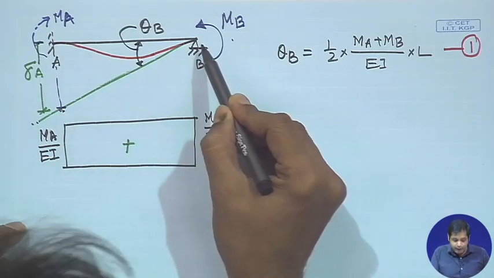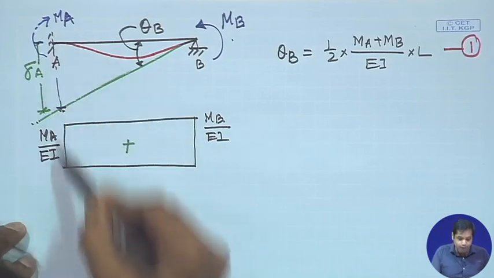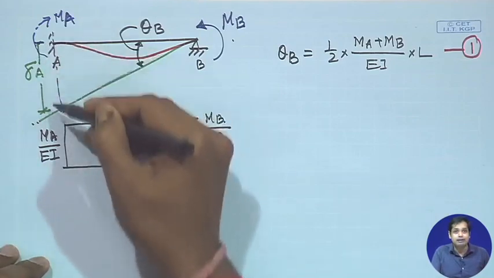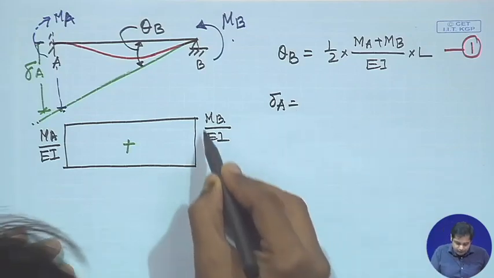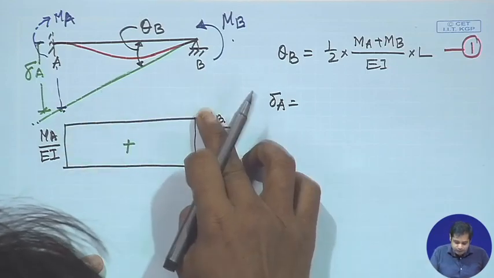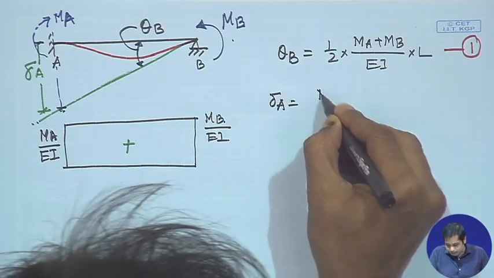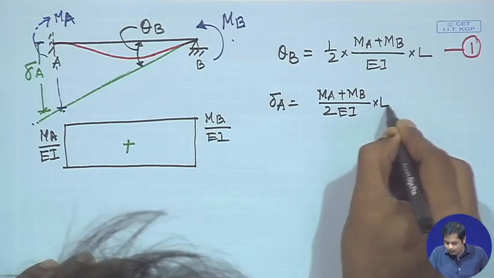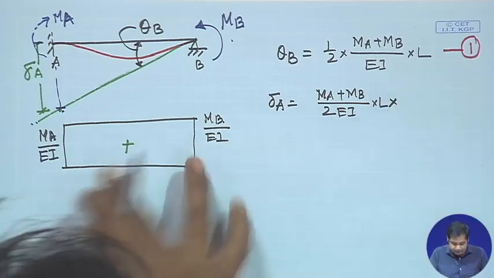that the deviation of A on the slope drawn at B is equal to the moment of the M by EI diagram from A. So, the moment of this diagram from A will give us this deviation. So, delta A will be the moment of this about this, and the moment of this about this will be the area multiplied by the distance. So, area will be MA plus MB divided by 2 EI into L, that is the area of this,